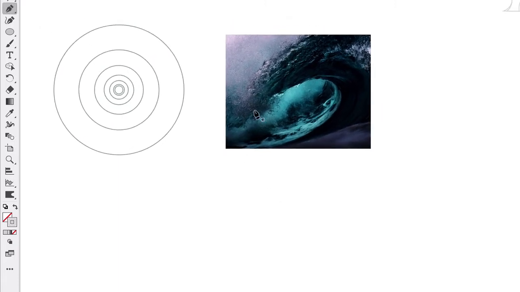So I'm going to go ahead and get the pen tool, and we're going to draw. A lot of times what I do, if I have the pen tool, I can click and hold, and I can get some pretty nice curves that way. But if I start out with the curvature tool, I can get a lot better curves. So I have the curvature tool now instead of the regular pen tool, and look at that, I'm already able to create a really nice looking wave. What I love about the curvature tool is that I can add points in between to accentuate and get it into a sharper angle. I can always go back and adjust